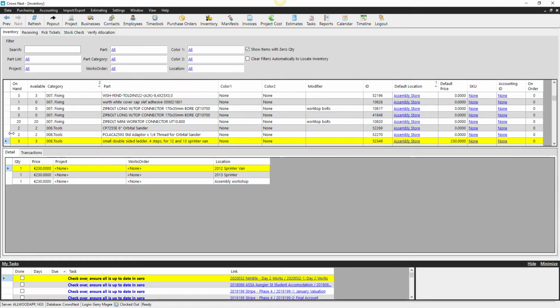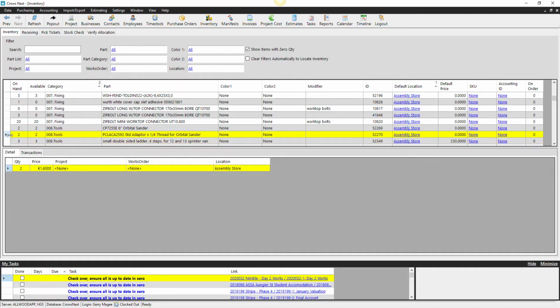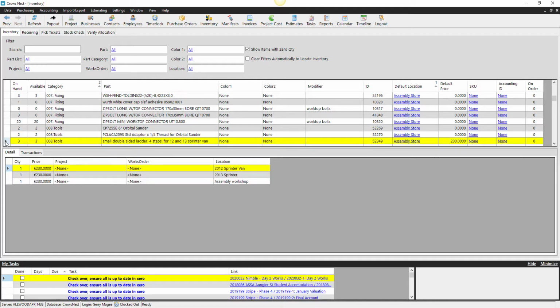So if you click on an item, you see the 2 of these items are in the assembly store. The three of these items currently, the 3 of these items currently are actually in the